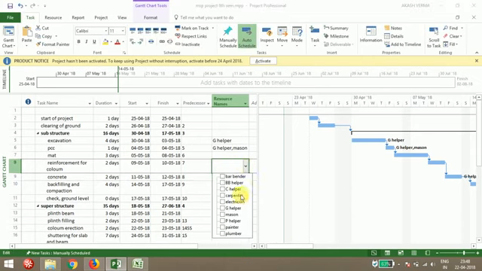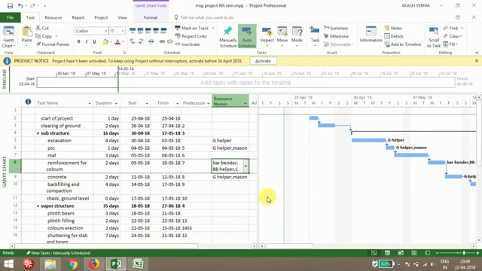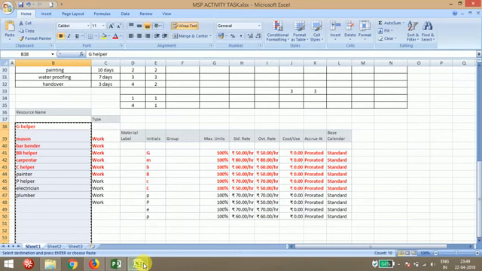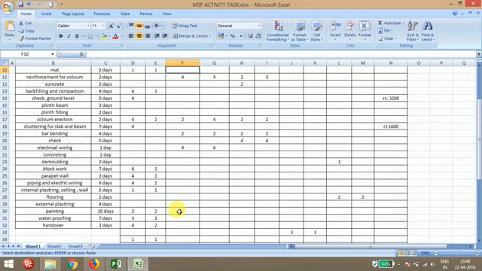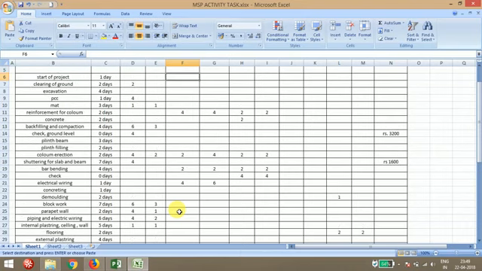For reinforcement for column, you need carpenter, carpenter helper, bar bender and bar bender helper, and one mason and general helper. Like that you can give resources for each task name, which I have already given. I will attach this task name file, so you can use it.